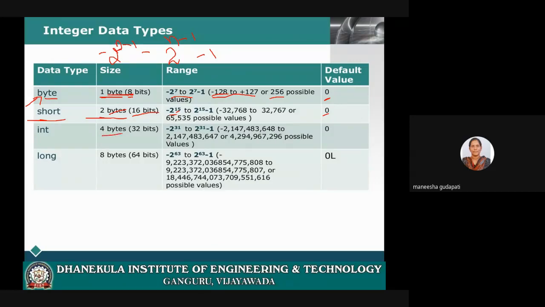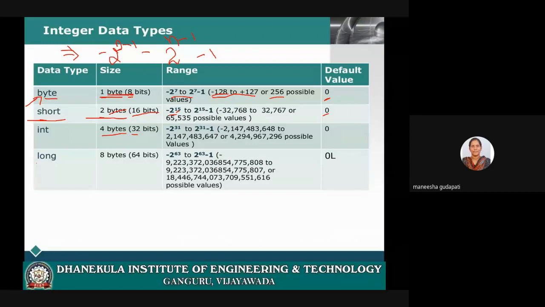What is 4 bytes? 4 into 8 bits. So totally I have 32 bits and the range will be minus 2 power 31 to 2 power 31 minus 1. What is the easy way of remembering this range? Simply remember this formula. That is minus 2 power n minus 1 to 2 power n minus 1 minus 1.